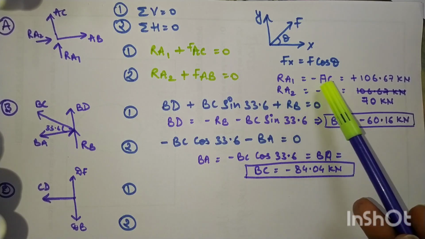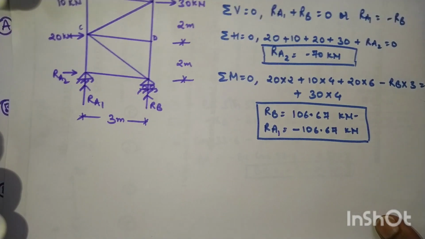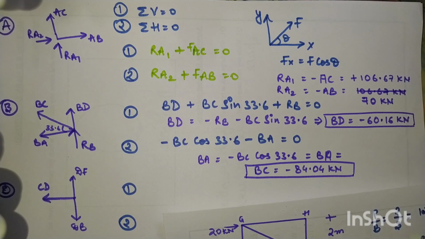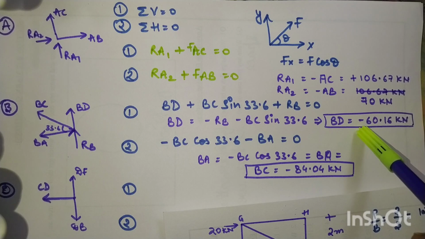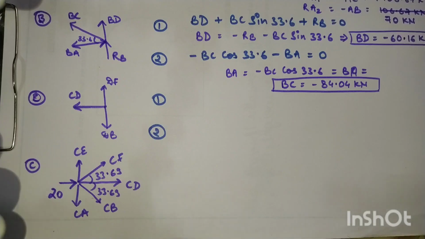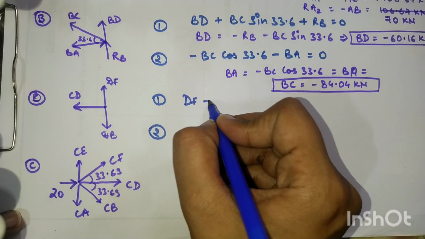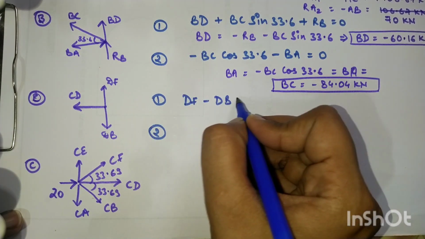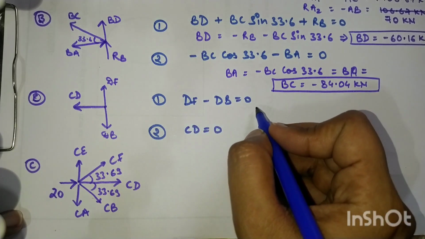और यहाँ पे हमने सारी forces को लिख के resolve करके और उन्हें solve कर लिया है. So we have already taken out RA and RB. We'll be putting in the equations and finding out further all the member forces here. तो हमने BD की value निकाल ली है और हमने BC की value निकाल ली है. Next we are going on to the D joint. Let's start with the D joint. All the forces going in the vertical y direction are positive, negative y direction negative. We'll be just putting all those things. CD equal to 0. When you're watching this, do not get afraid.